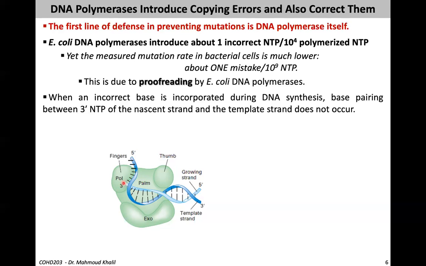The growing end, the 3' end, is the one which is growing by the polymerase. Basically, you can see this polymerase has 3 fingers, and when an incorrect base is incorporated at the 3' end of the nascent strand,